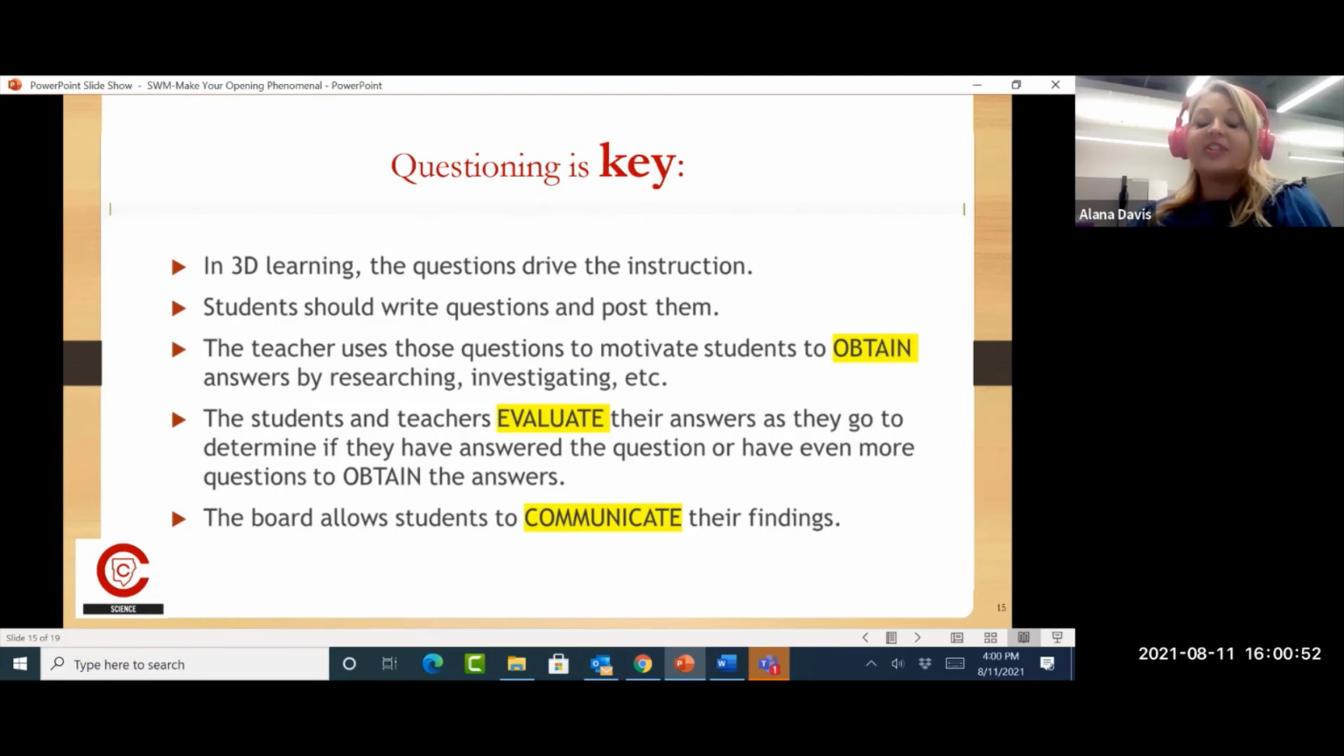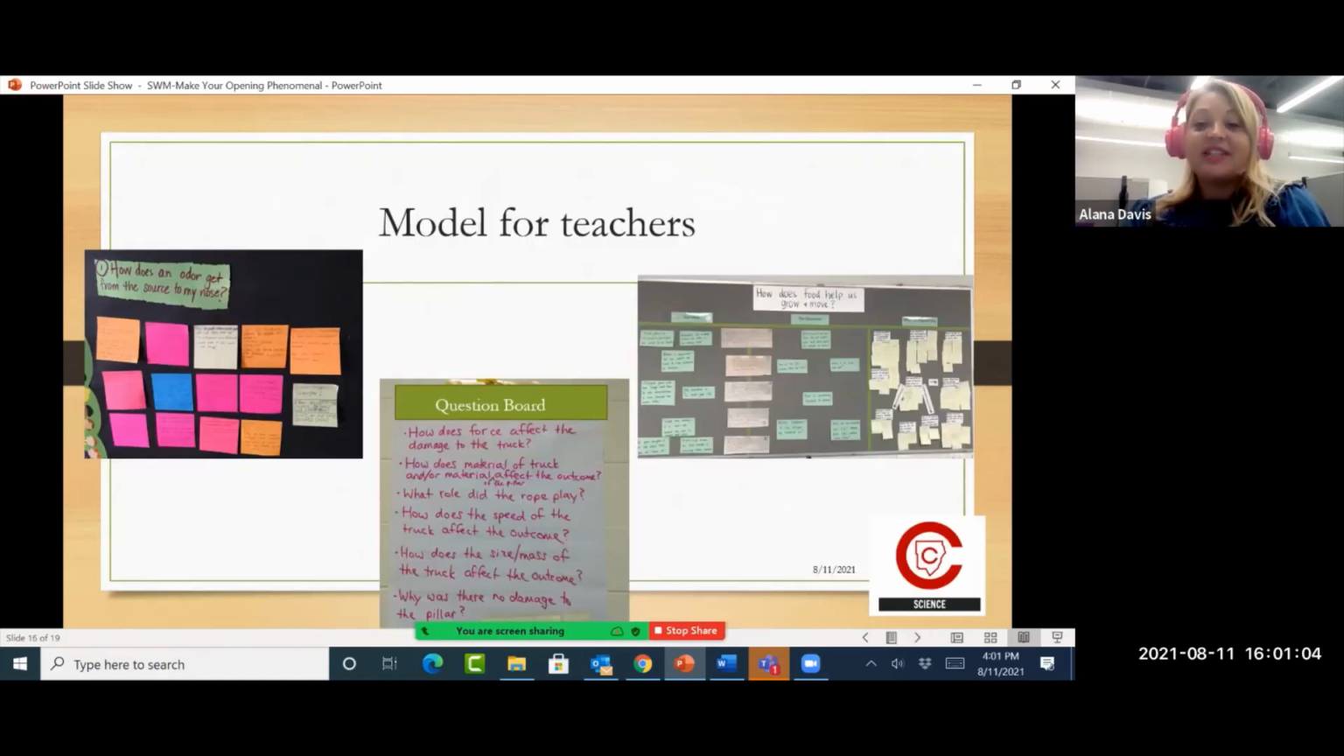We know that all of our science standards start with obtain, evaluate, and communicate. And this is how, when we use the science workshop model framework, we can make sure that we're hitting all of those standards. Here are some examples of a guiding question board that we've seen around the district in different